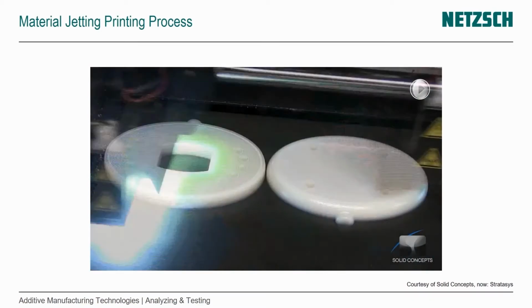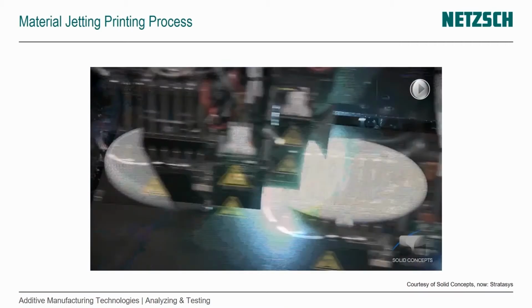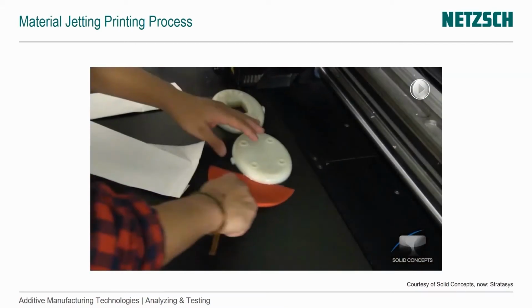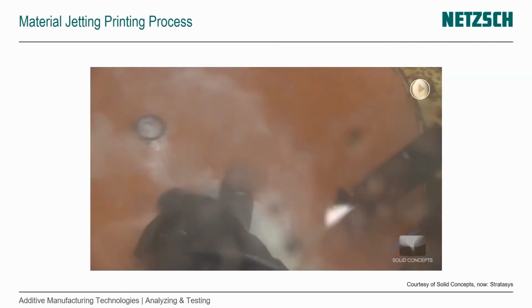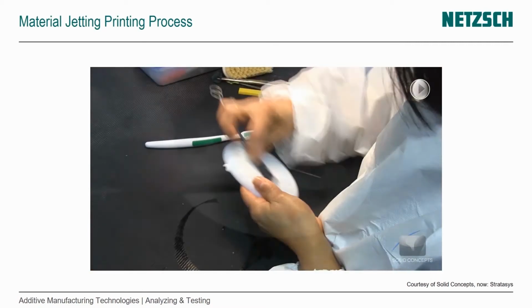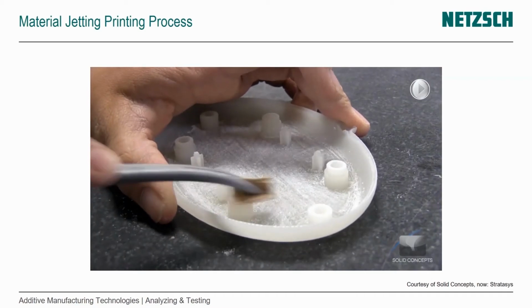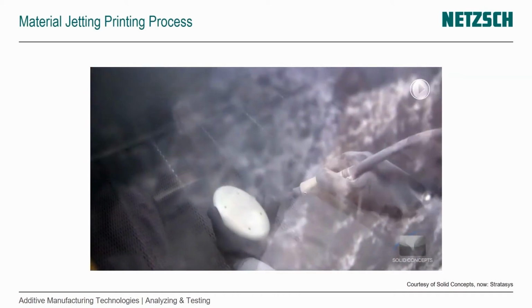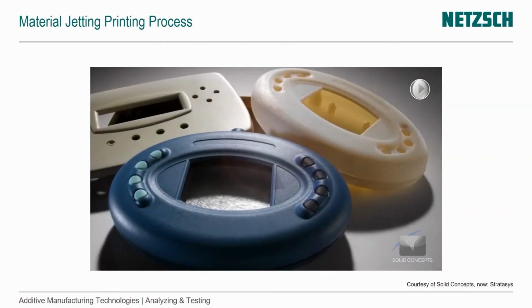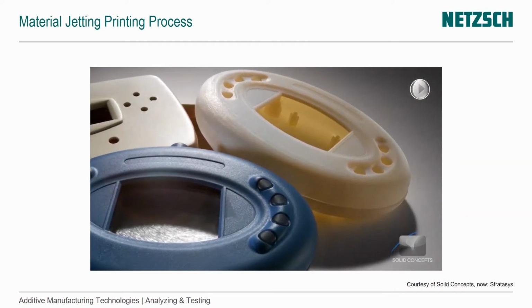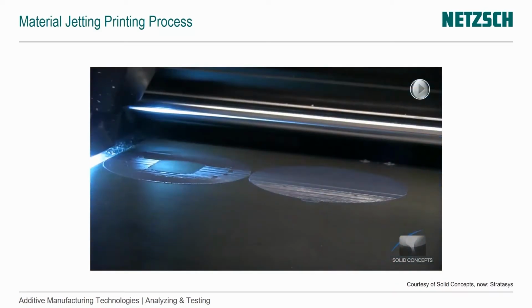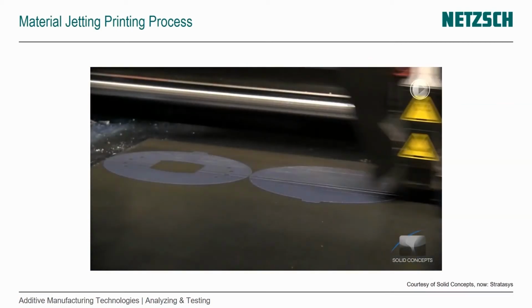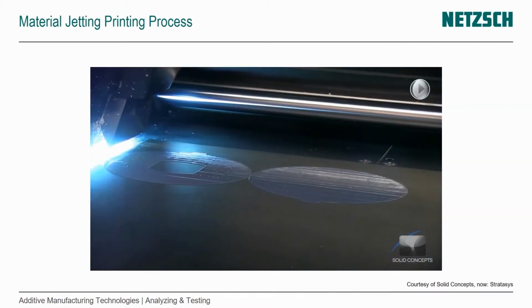It's really rapid because we have many droplets being deposited at the same time, and now it's being removed. You see the support material is washed off, so it's a soluble support, but it can be a breakaway support. And now some post-processing is happening, some cleaning, and you see what a nice smooth surface it has. And you can also already see that the part doesn't have to be painted, it can be printed in color. Together with binder jetting, material jetting is the only process that can print in color.